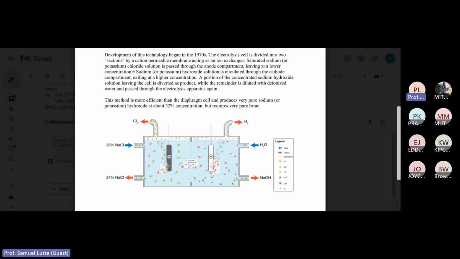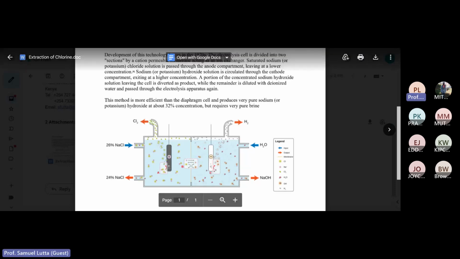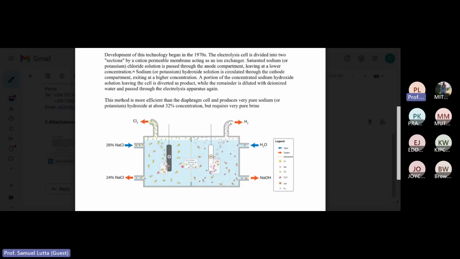So when you put your solution, in this chamber we introduce sodium chloride, and we also introduce water. So in the inlet, what you put in are sodium chloride plus water. And we have just said from our reaction up there